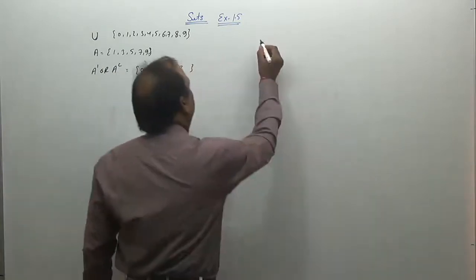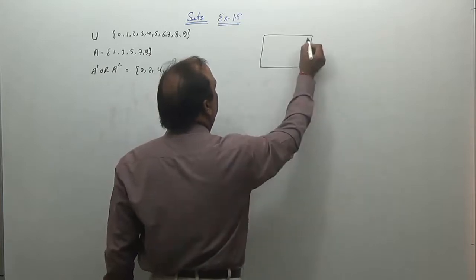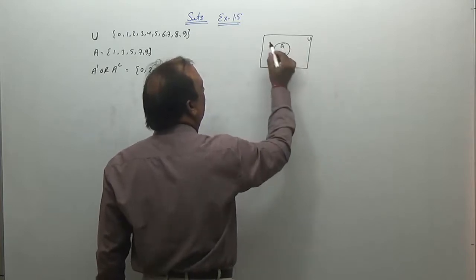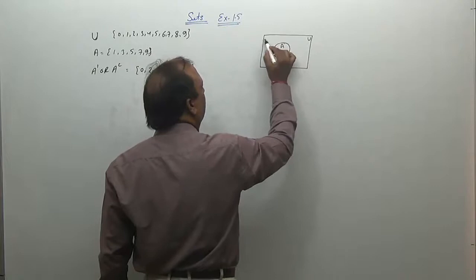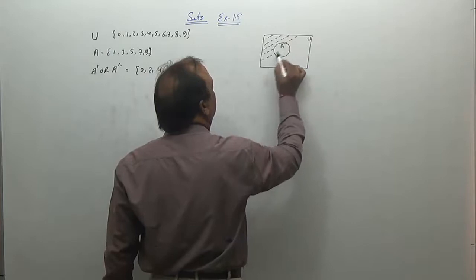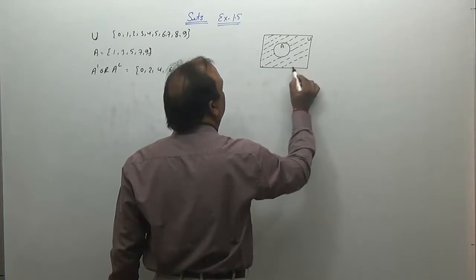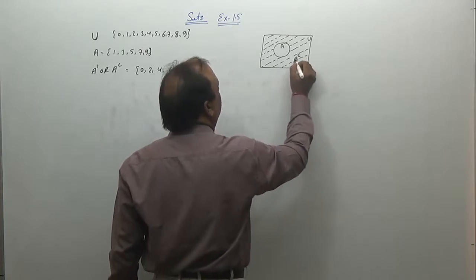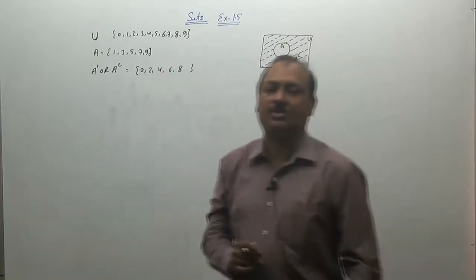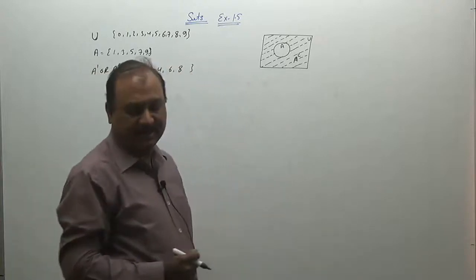In a Venn diagram, we can represent the complement of a set as follows. Suppose this one is the universal set, and this one is a set A. So except for this portion, the remaining portion of the universal set represents its complement. So this shaded portion is the A complement. So except for A, whatever elements of the universal set remain form its complement. Here we have already discussed that there are some problems,